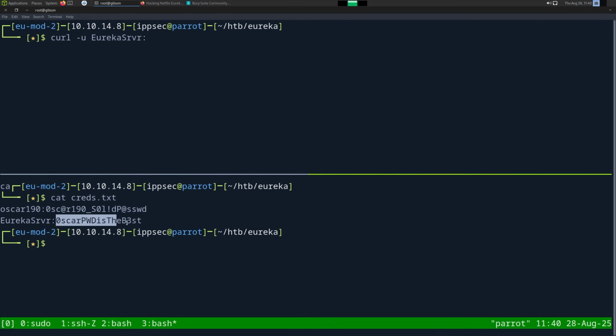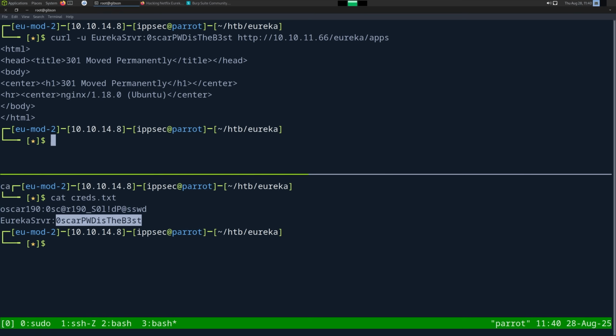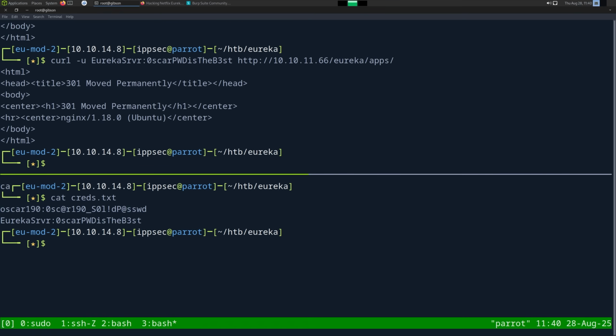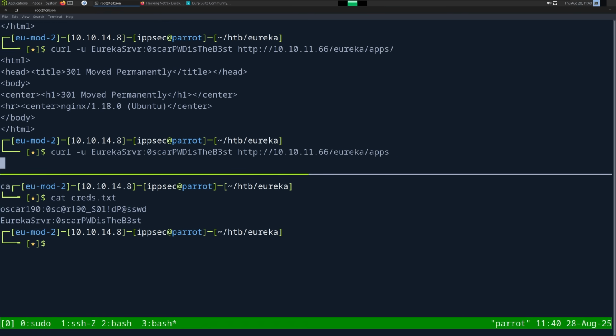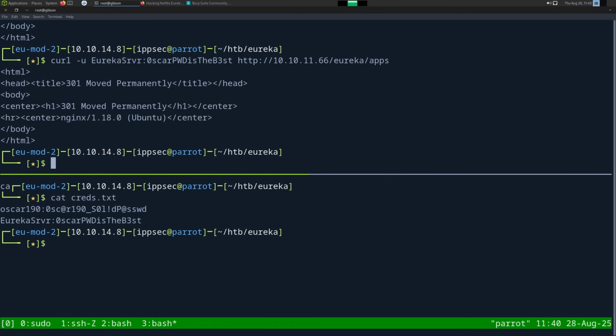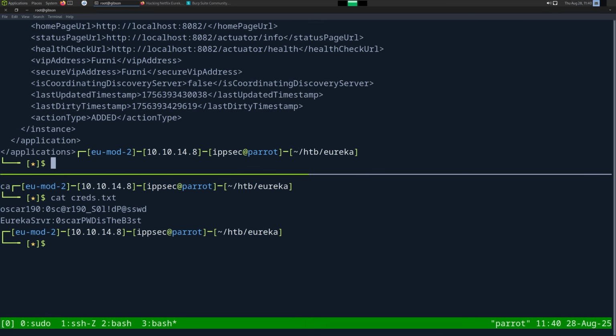That's a hard typo to make. Let's copy this. And then HTTP 10.10.11.66 eureka apps. That goes to a moved permanently. I don't think, wait, we need 8761. 8761. Okay, that is giving me